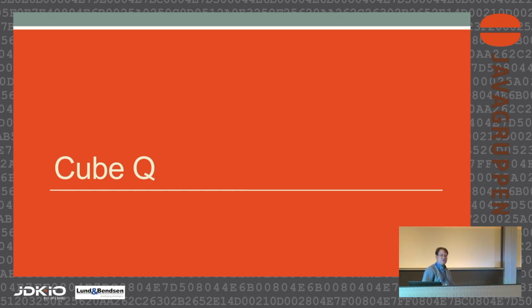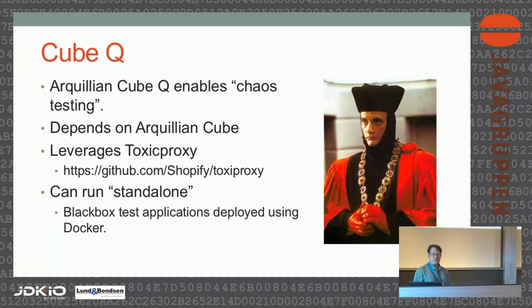So now we move on to Arquillian Cube Q, which actually builds on top of Cube. So as you can see, we're building up. We can take the Graphene, the Drone stuff that I went over before, and tie that in with the Docker containers so that we can have web browsers in Docker containers, we can have our tests running in Docker containers. We can have this whole entire virtualized environment where we could simulate,